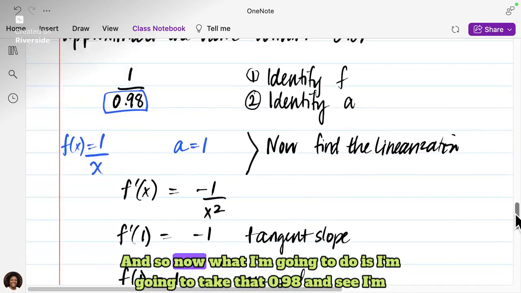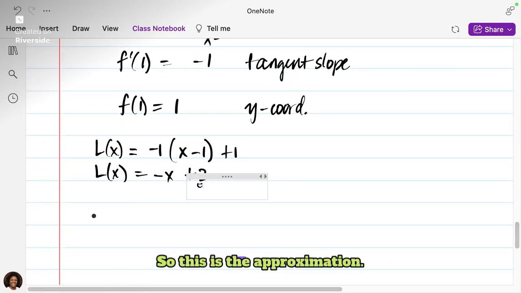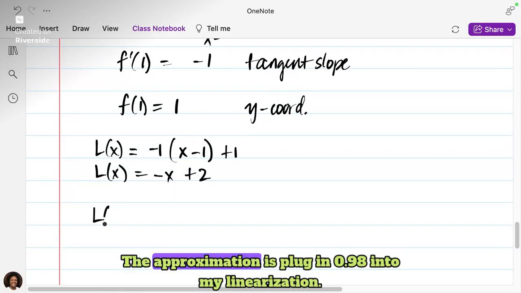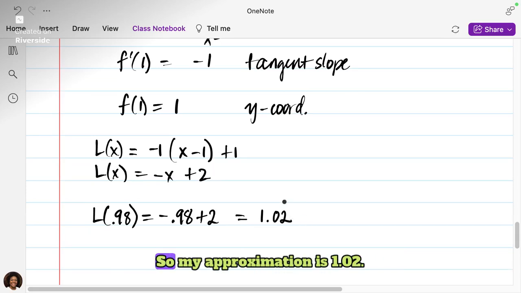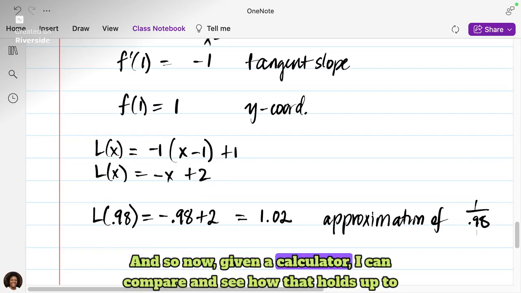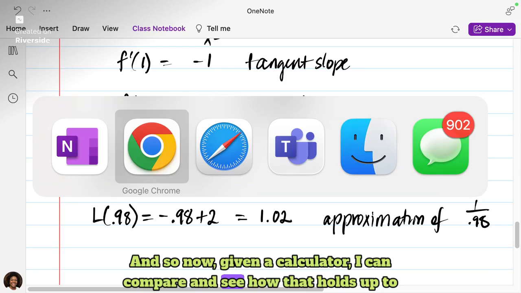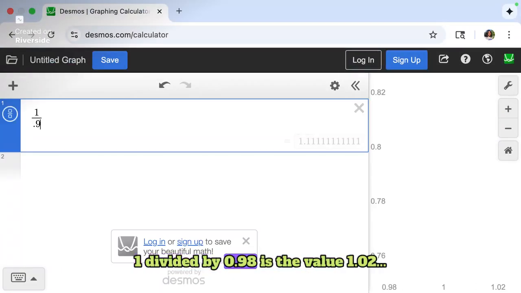And so now what I'm going to do is take that 0.98 and plug it in. So this is the approximation. The approximation is plug in 0.98 into my linearization, and then my answer is going to be 1.02. So my approximation is 1.02, and that's what I think that's approximately equal to. And so now, given a calculator, I can compare and see how that holds up to what the true value is. 1 divided by 0.98 is the value